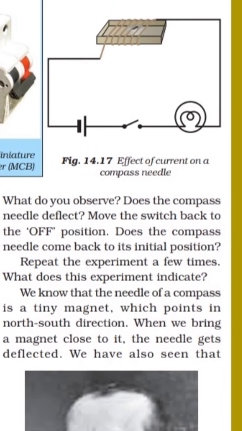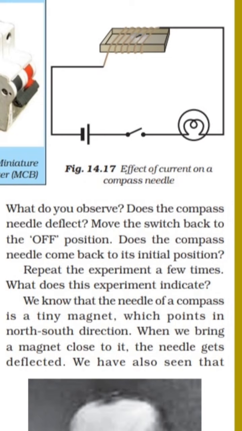Now see this figure. In this figure you can easily identify that we have to take one cardboard tray from a discarded matchbox. A matchbox is available in your home. You can take this discarded matchbox. Wrap an electric wire; electric wire is required. You are aware of the symbols given for the electric components. Lines are given for the electric wire, and we have to wrap these wires around the cardboard tray. Then place a small compass needle inside that cardboard tray.